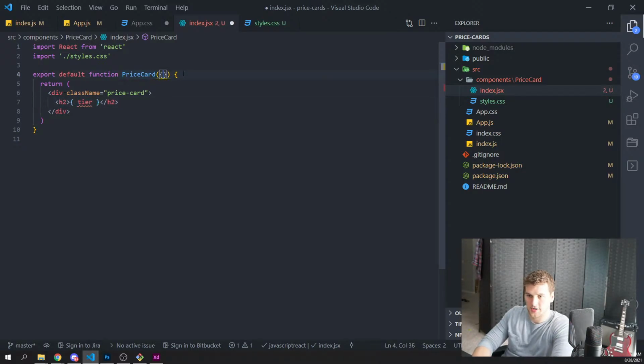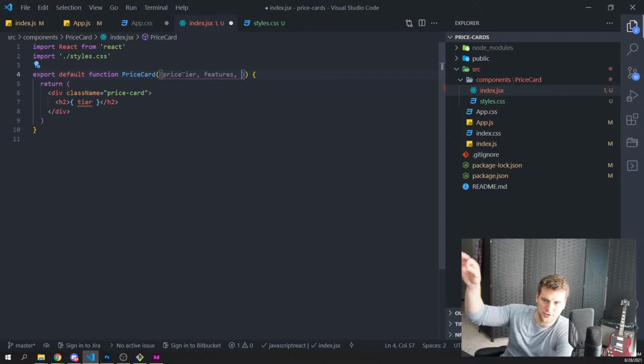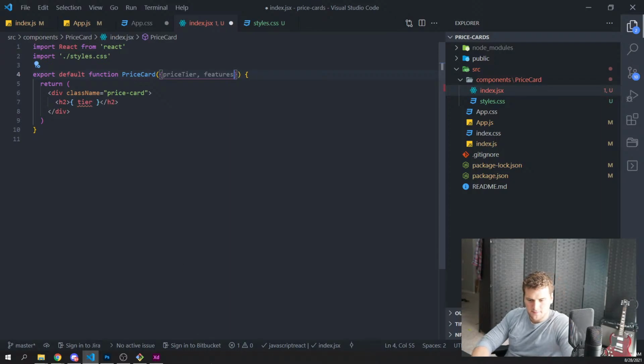And then in here, we're going to destructure the stuff that comes in, and we'll have price, tier, and options, or what should we call that? Features. Those will be the things that are checked and X'd on the card. I think that's all we need, right?